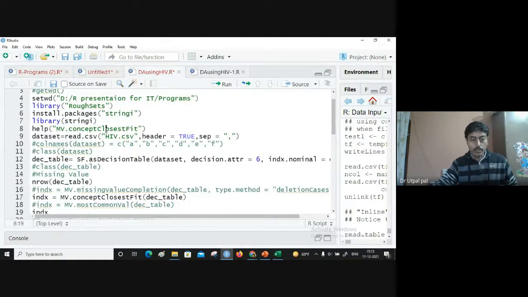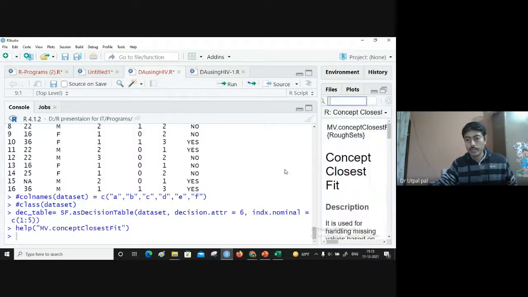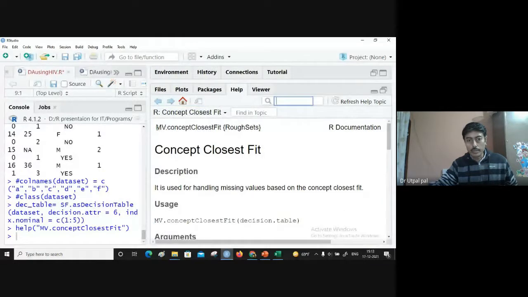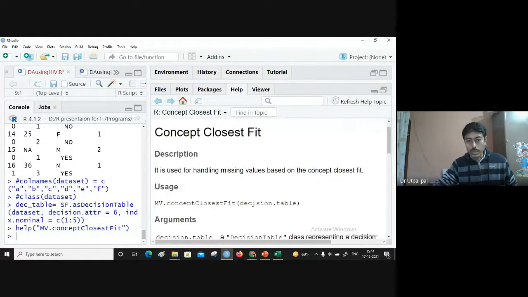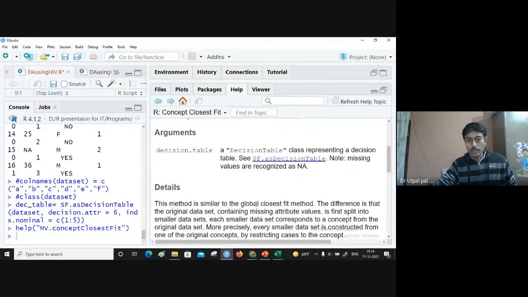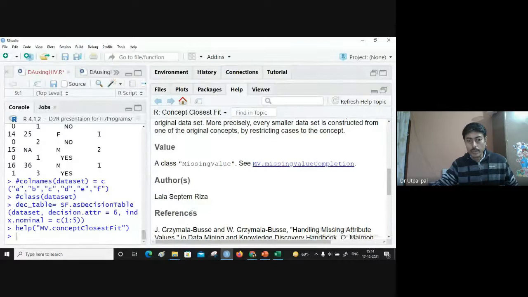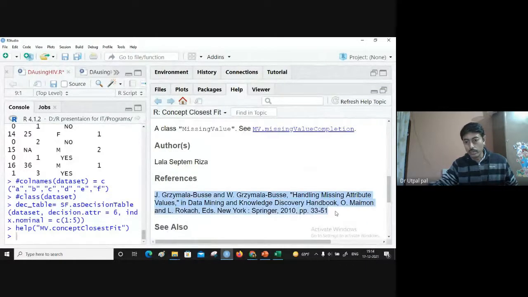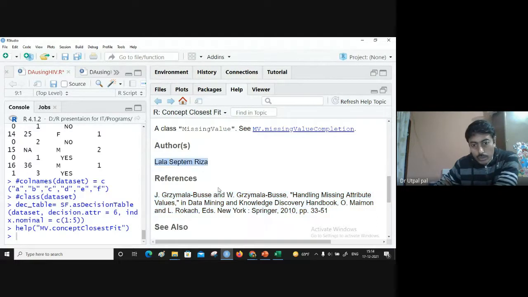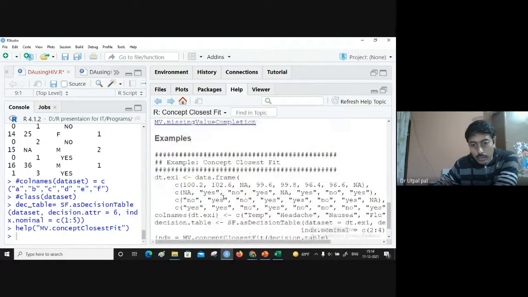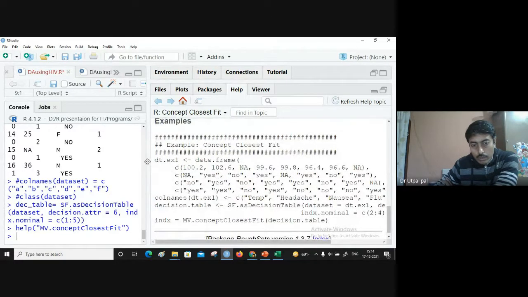So I'm checking the detail about this function, run it. Here we have the complete description about this function, who developed it, how it works, what the arguments are. All the details are given here, including the paper, the author of the paper where it was published, who wrote the R programs, and an example. The complete detail is here.